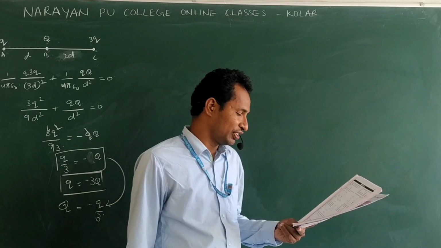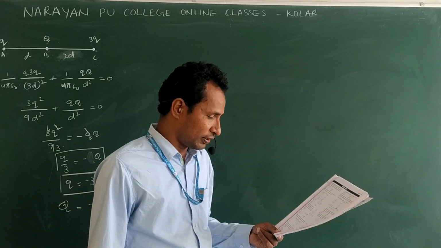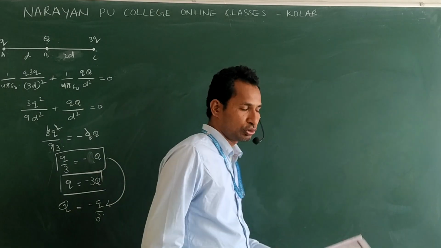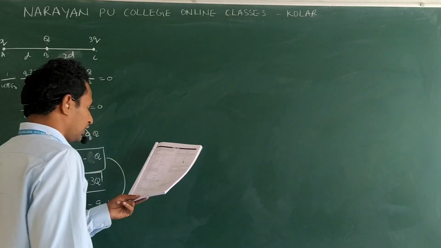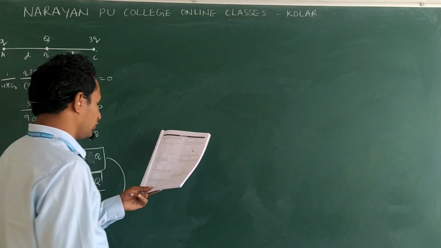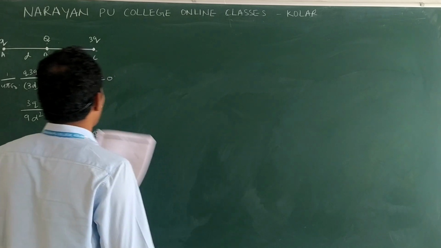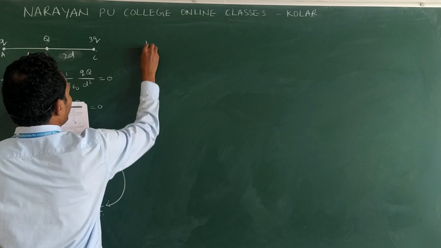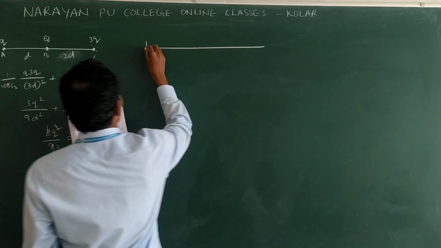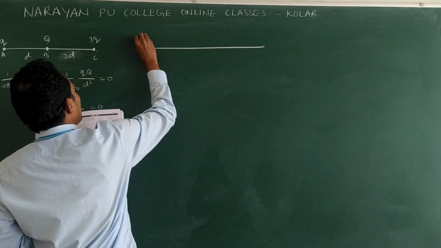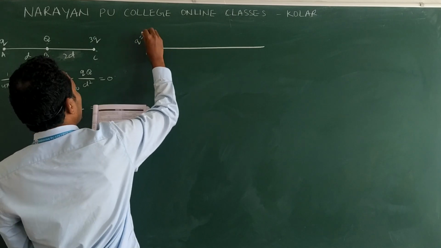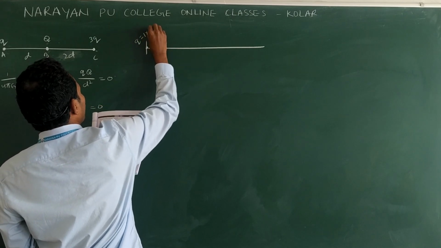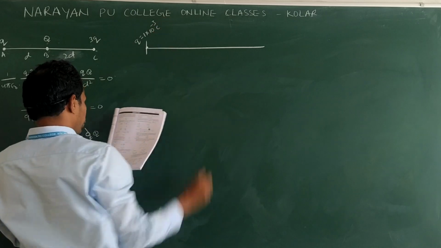They mention the origin and 2 charges. You take 1 millicoulomb as the charge at the origin; the magnitude of the charge placed at the origin you change. So according to the question, this is the origin. Here charge Q is placed. What is the charge? 1 millicoulomb. 1 millicoulomb means 10 power minus 3 coulomb.